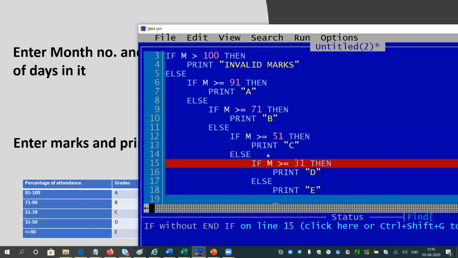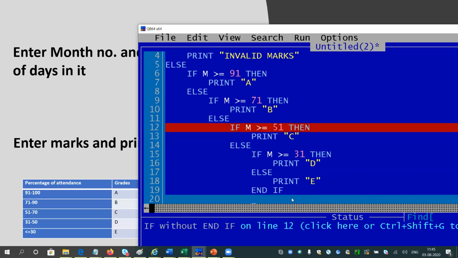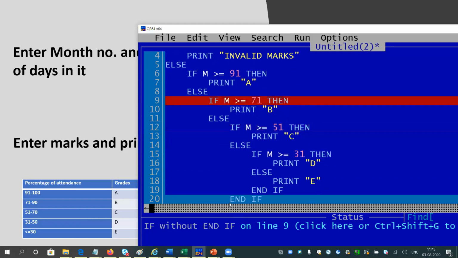Even if anyone gets a minus mark, I do not need to check it once again because the else will take it. Like look, this if and else is completed. Now I will come to the alignment of this line, if else, and close that if with end if.